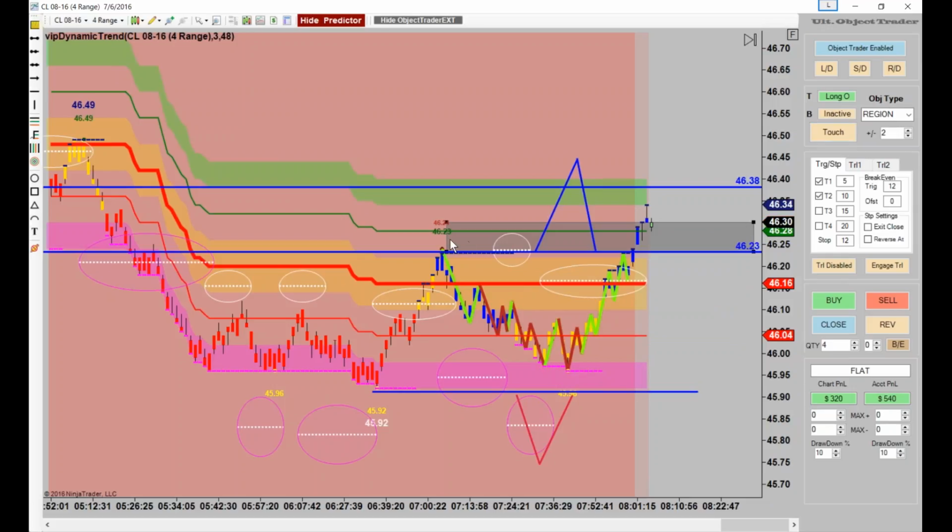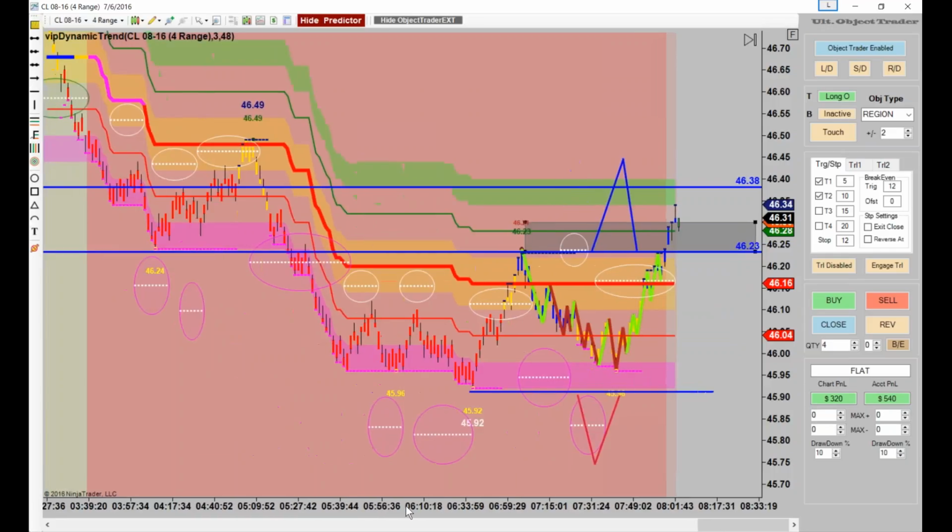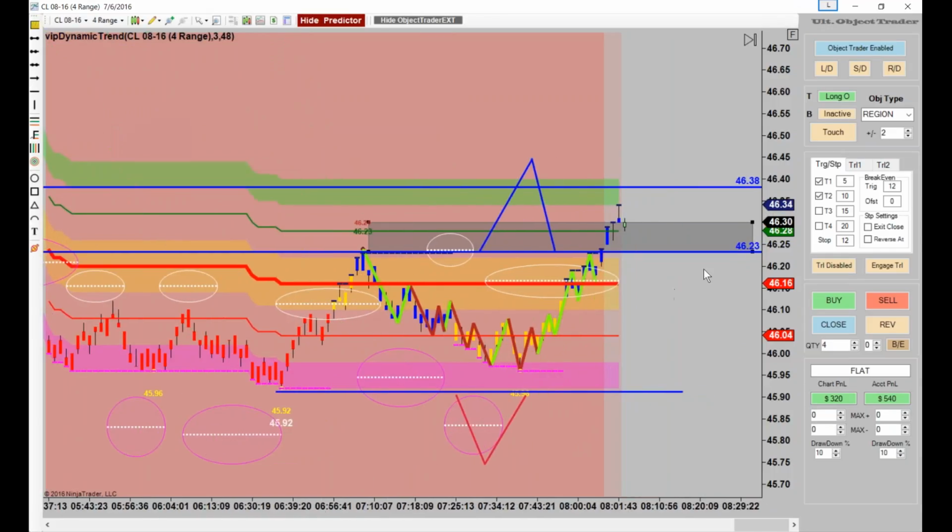Touch plus 2, that's 23. That's 24. So touch plus 2, we should be in at about 24 or 5. Let's do it. What we're going to do is turn this off, turn this on, turn this on,